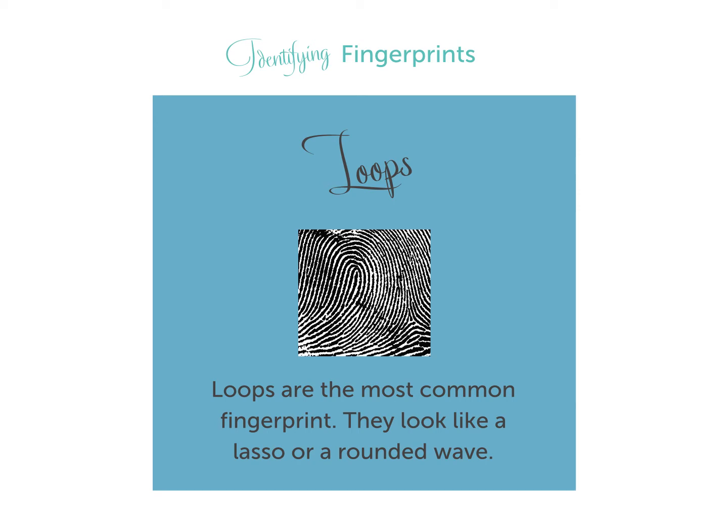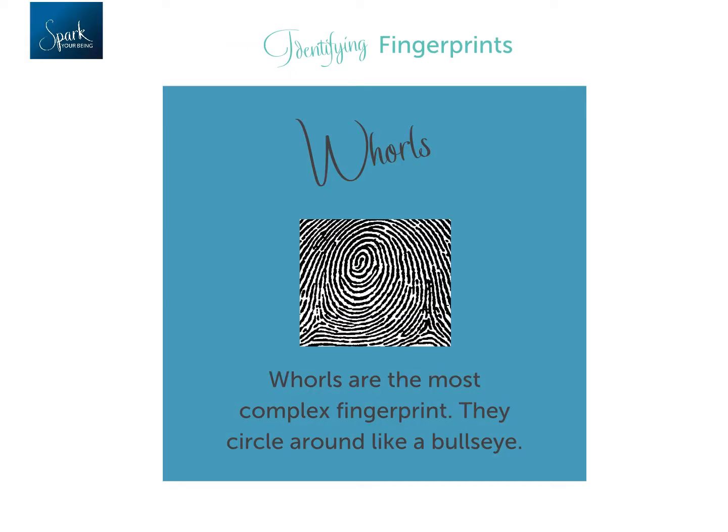And then the final type of fingerprint of these main 4 types is called a whorl. Yes, that's whorl with an O, not an I. That's not a typo. And this is the most complex. And it is also fairly common. Not as common as the loop, but it's the second most common fingerprint. And you can see that it sort of circles around like a bullseye. And it can spiral in, or you can have perfect little circles that create that bullseye, and that is called